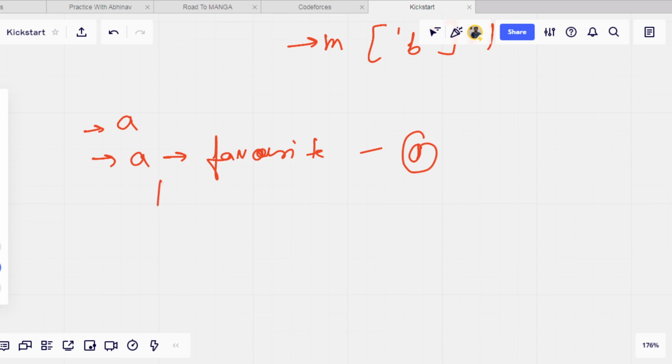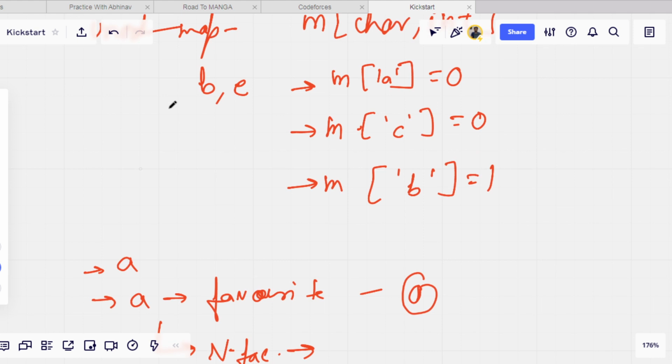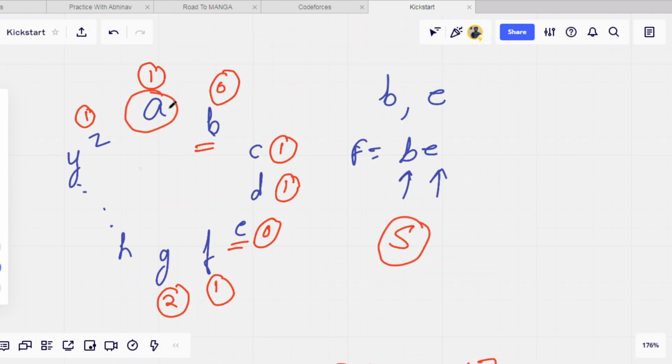If A is not a favorite character, then we will find the nearest favorite character to A. In this case, it is B. So we will find the distance between B and A. We will check all the favorite characters. We can make A into B in two ways: we can either increase A to B, or we can decrease A 25 times, and then we get B.